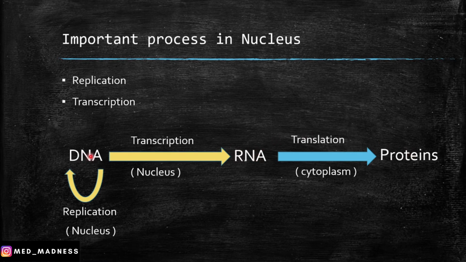Note that some cells will be dividing, and in those dividing cells, the DNA will undergo replication. The transcription and replication processes happen inside the nucleus of a cell, and the RNA to proteins step happens in the cytoplasm of the cell. This is how the proteins are made in the cells, and the DNA is a blueprint for making those proteins.